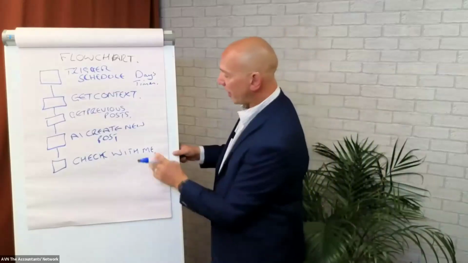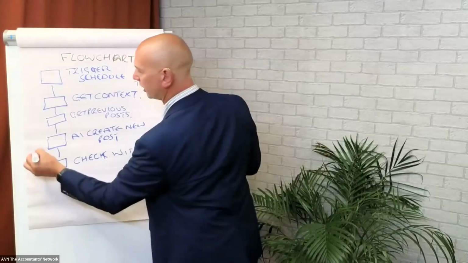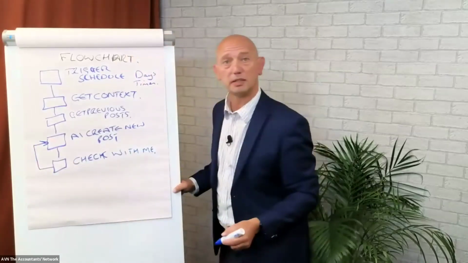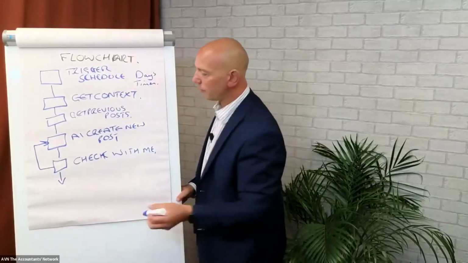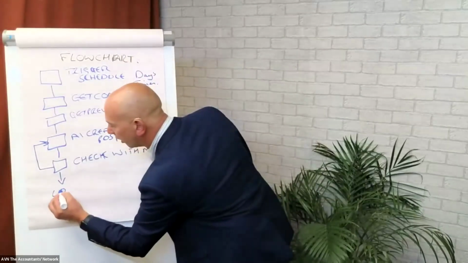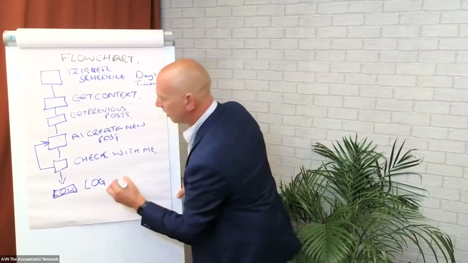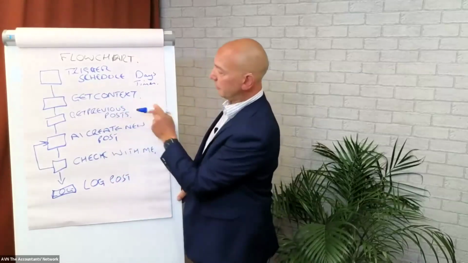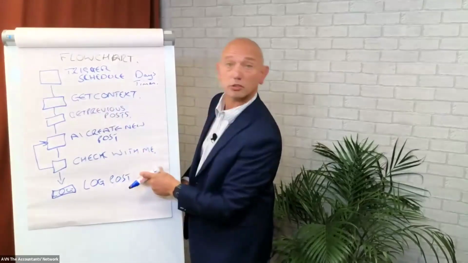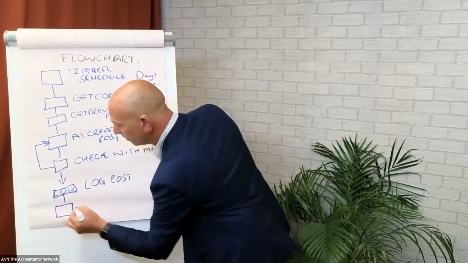Now, obviously, if I'm not happy with that, if it's a no, then we'd want it just to do it again. If I am happy, then we want it to log that for a start. Oops, I've stopped doing my box. Log the post so that it knows what it's done, as in wherever these previous posts are being logged, we want it to log again. And of course, we want it to actually post it.